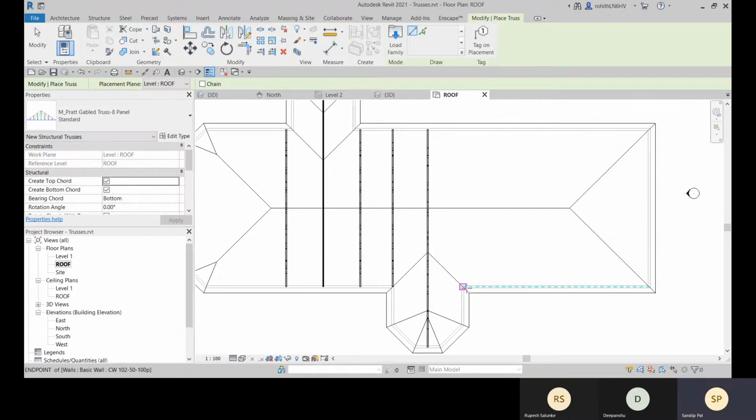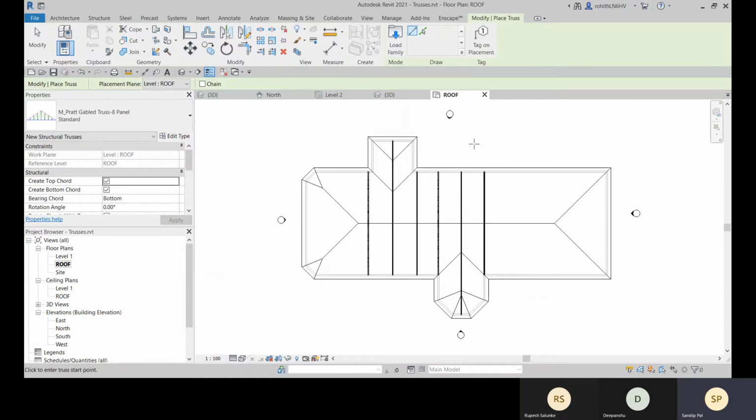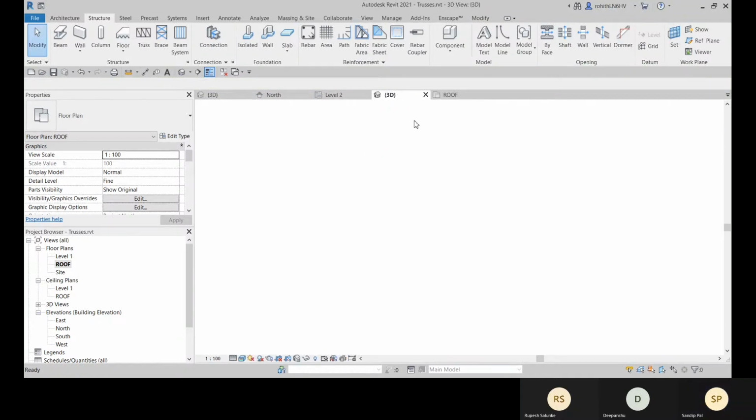Like this, we can place it. Okay, and we can continually place it. So this is enough to demonstrate. Now I'll go to 3D view, open the 3D view, and there you can see that